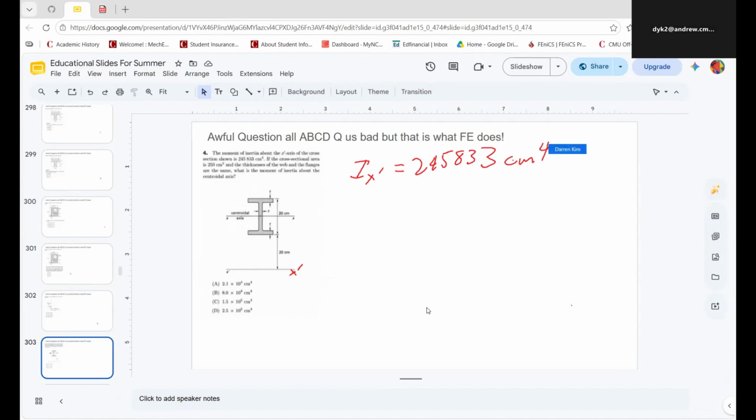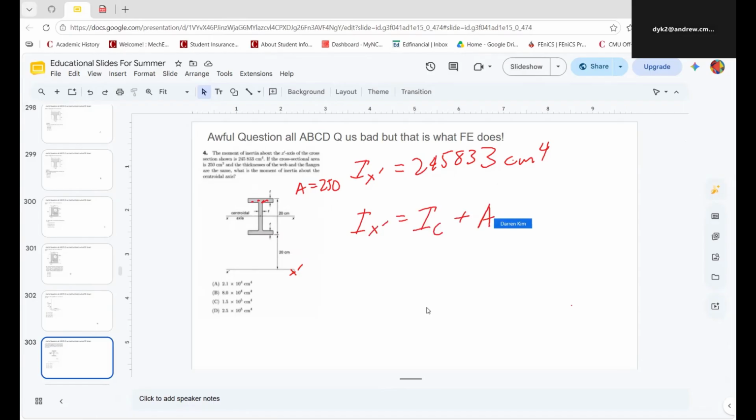If the cross-section area is 25 area, so this area is 250, and the thickness of the web and the flange are the same, what is the moment of inertia about the centroid axis? This is basically the idea that none of the thicknesses matter. It's just trying to figure out if you know the parallel axis theorem, I think, because Ix' equals Ixc